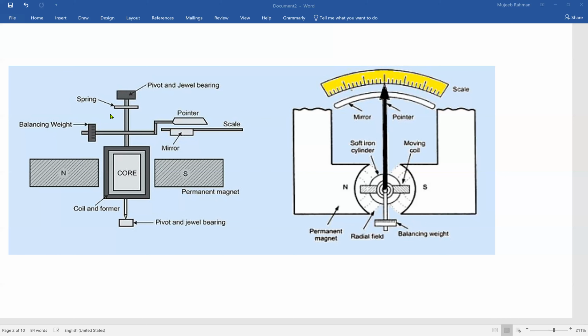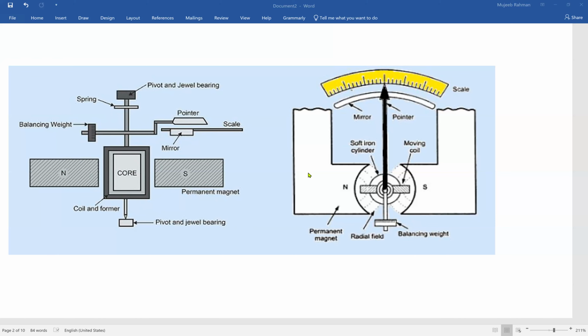So when a current of some quantity is applied to the moving coil, the moving coil produces a magnetic field, and there is an interaction between the field produced by the fixed poles and the moving coil. A corresponding force will be exerted. Because of that force, the pointer tries to move over a calibrated scale, and the final reading which we read on the scale is proportional to the quantity that is applied to the moving coil.